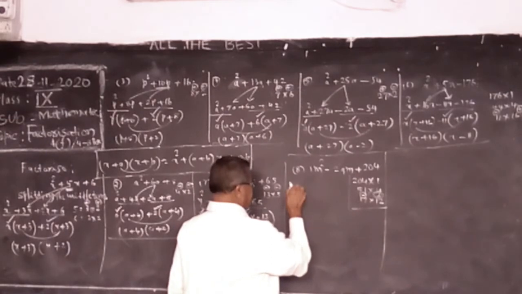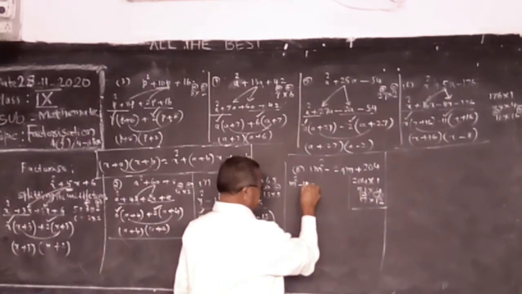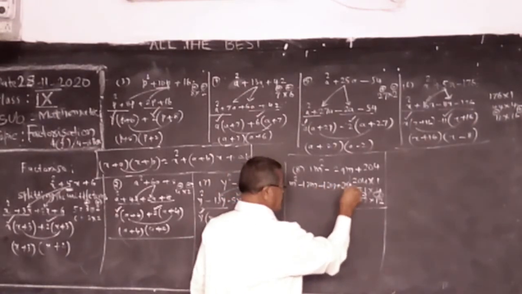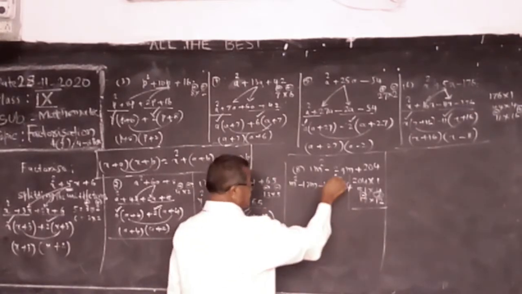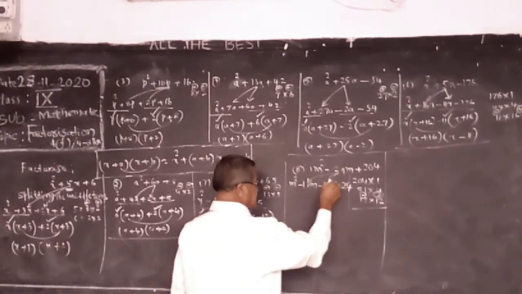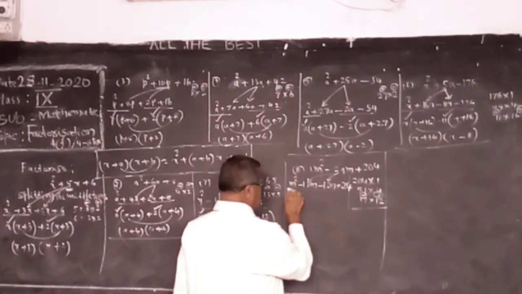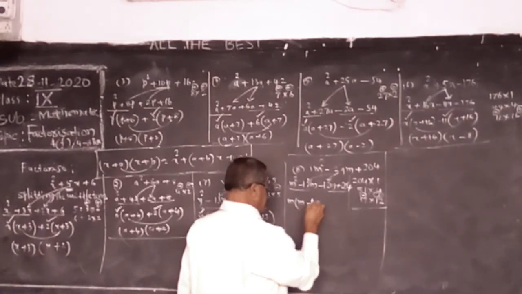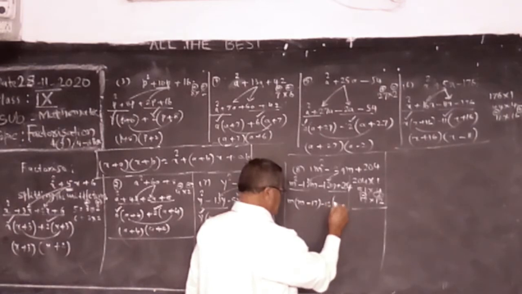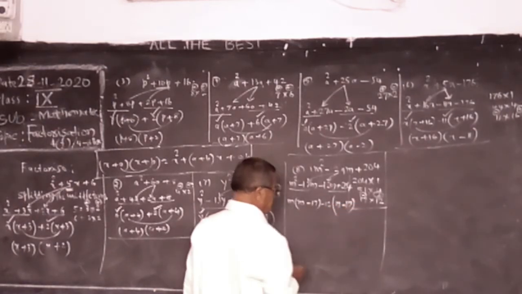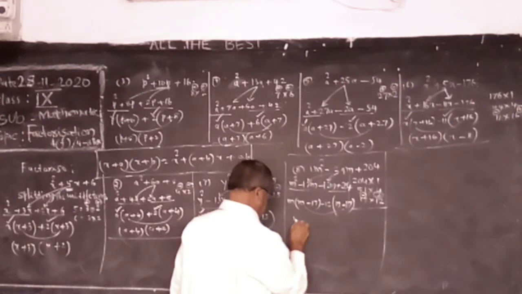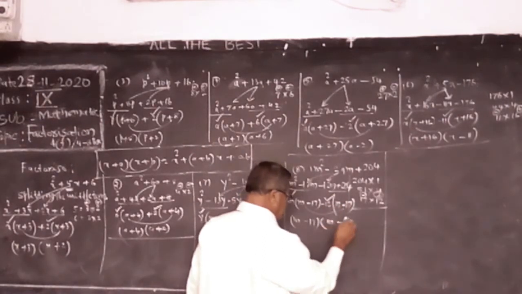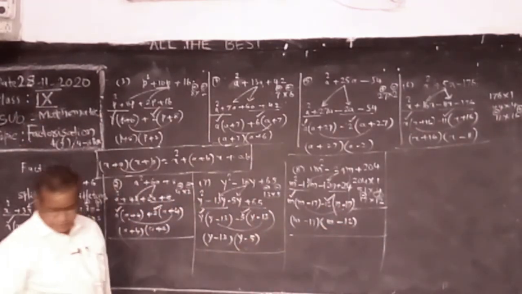Now write m squared minus 17m minus 12m plus 204, and we are splitting these two numbers like this. Now take m common here, 12 common here. Taking m common, m minus 17, and minus 12 taking common, m minus 17. Again m minus 17 is common, and here remaining is m minus 12. These are the two factors.